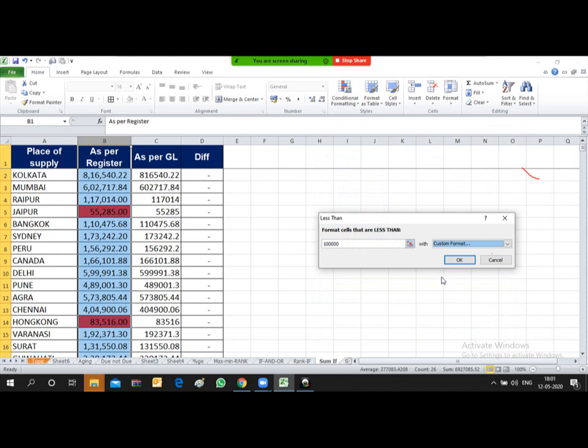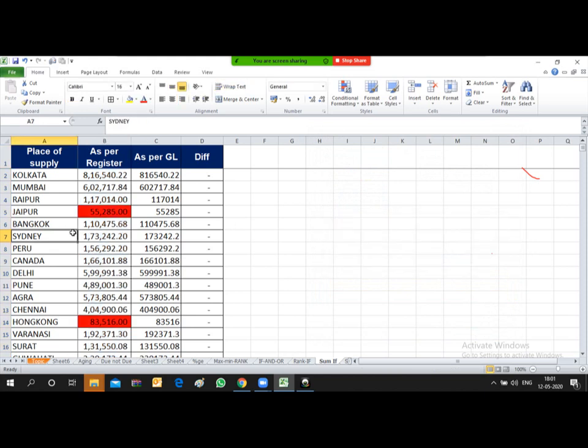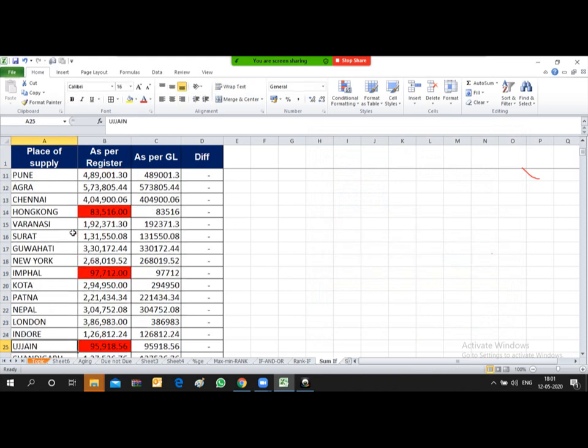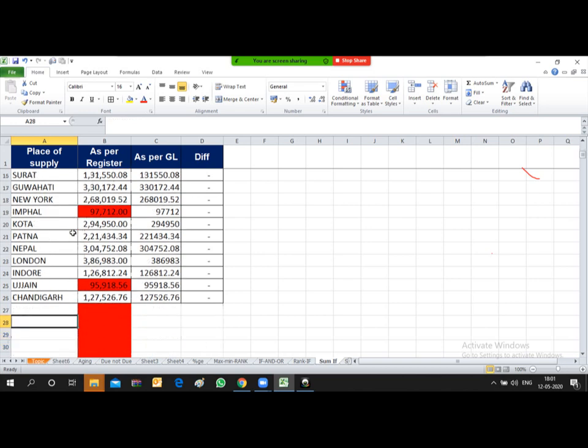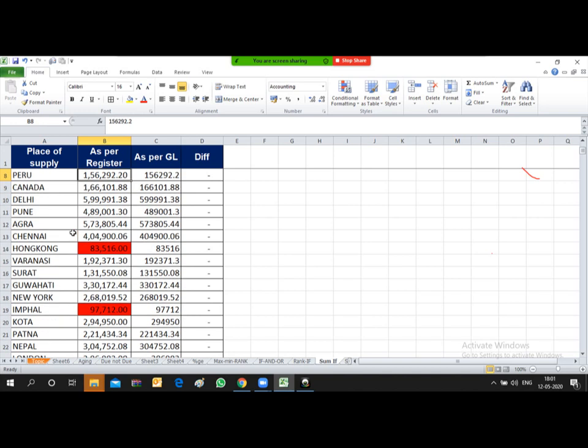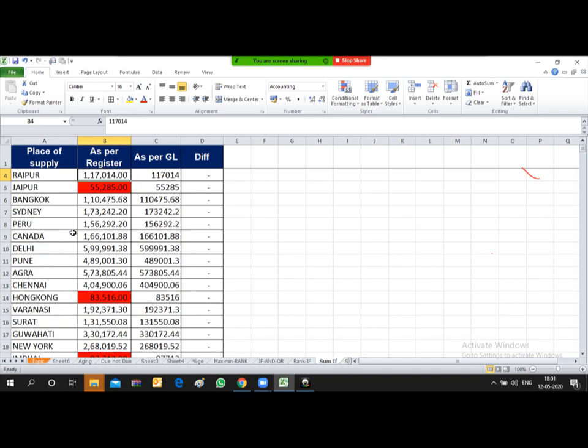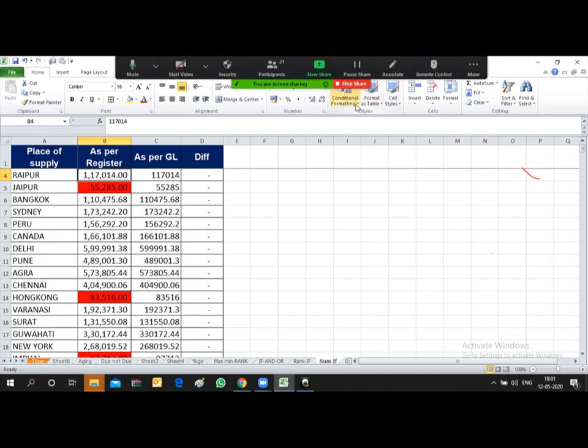So you can do all this kind of thing, that with deep red, all the sales which are less than 1 lakh are highlighted. Friends, this way you can play with this conditional formatting. There are other options also available.